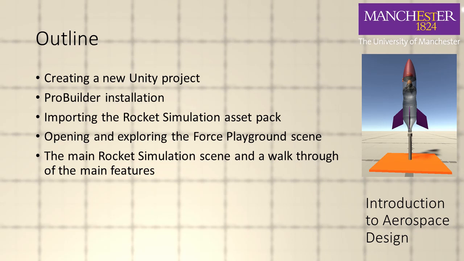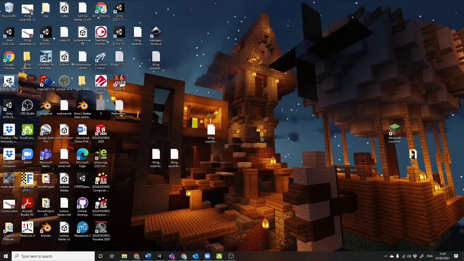Okay, welcome to this video tutorial for how to set up the water rocket simulation in Unity. So the assumption is that you've successfully downloaded Unity and managed to run some example projects in it. Now you're at the stage where you want to import the rocket simulation project and get going with the simulation itself. So to do that, we need to create a new Unity project, and we're going to open the Unity